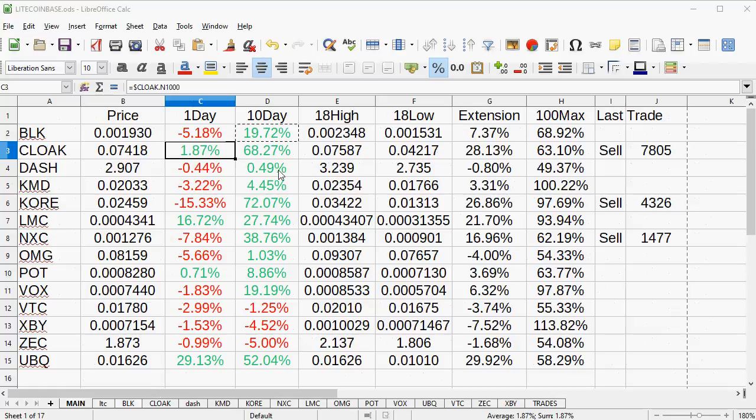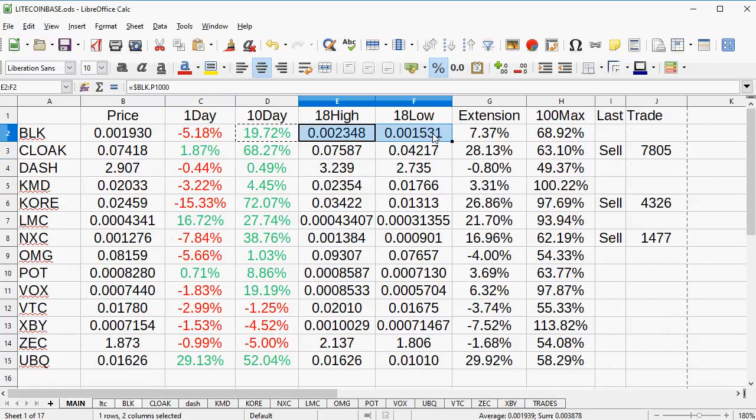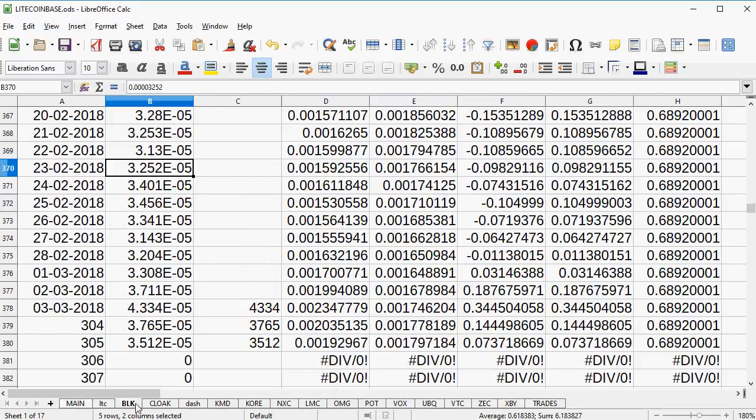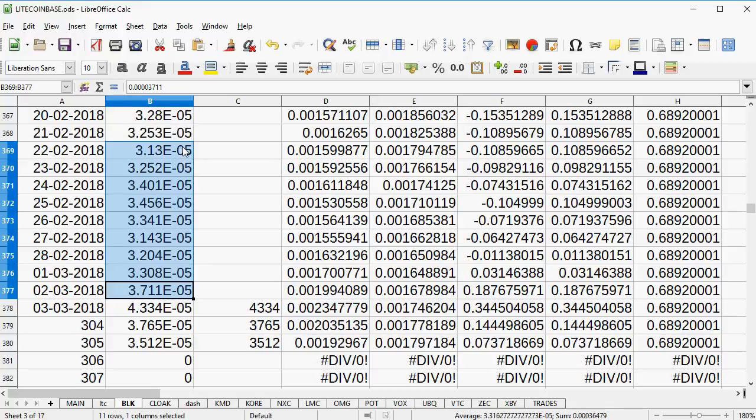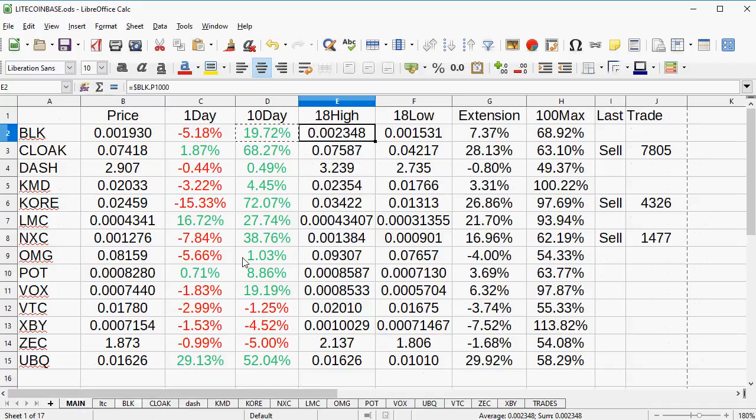Now, as far as getting the highs and lows, this is a very easy situation, and that is you just get the maximum and minimum. So on here equals max over however many days you want to use. And when you go through different types of tabs in this nature as well,